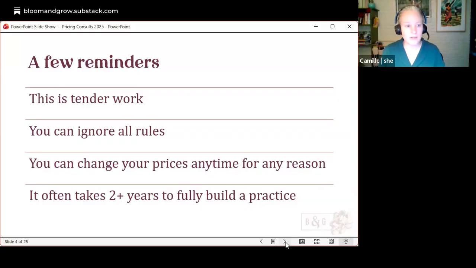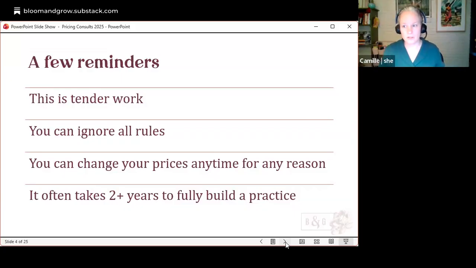That's one of the glories of being in practice for yourself, is that you are in charge. You can make your prices whatever works for you in the moment. We'll talk about strategies if you do want to change your price, but just affirming that it is your decision anytime. And then the very last thing I want to say, setting the stage here tonight, is that it takes